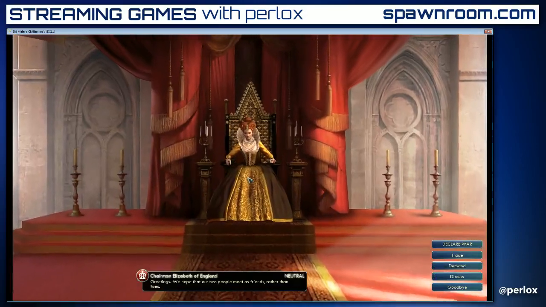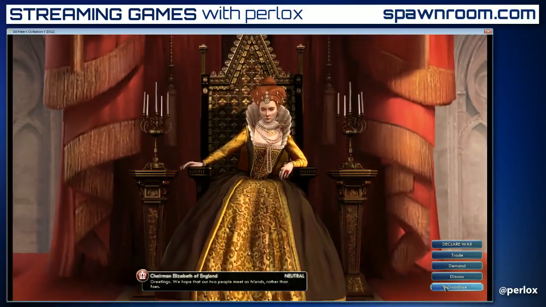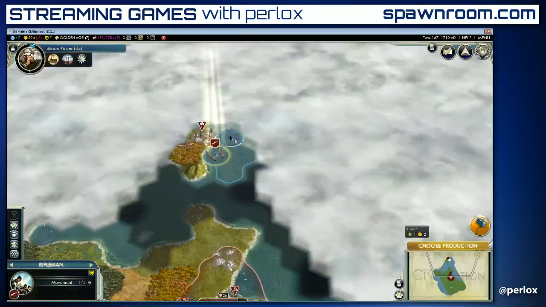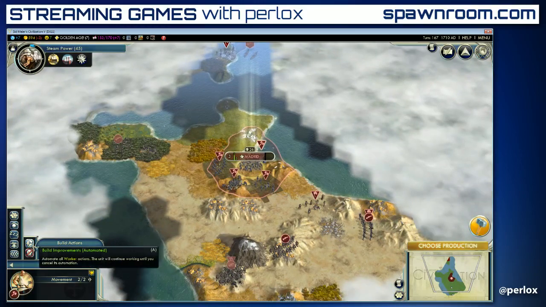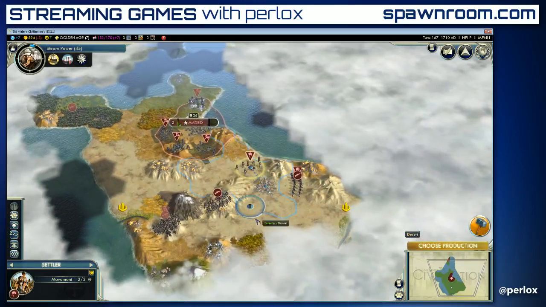So I found an English settler, but we're at peace right now, so it's not that big of a deal. I'm just going to say, hey, nope, and we're going to move you there. And this worker unit, you need to be on auto. And this settler is going to...